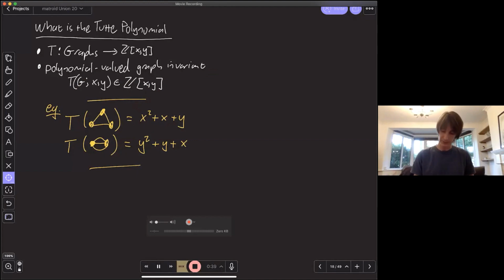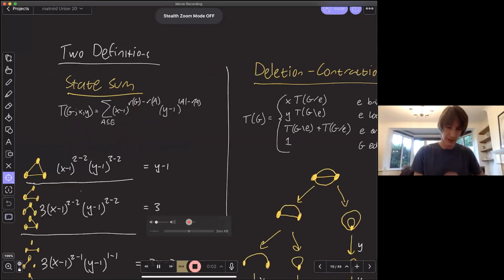So how do I compute these? I should at least give you some idea of the definitions. I'm just going to give the two most common definitions, of which there are many. The first of these is the state sum.